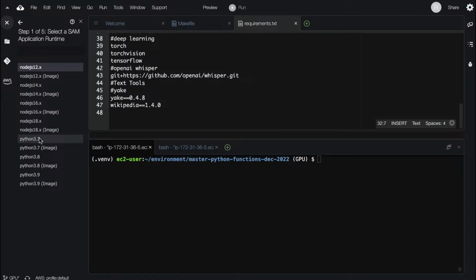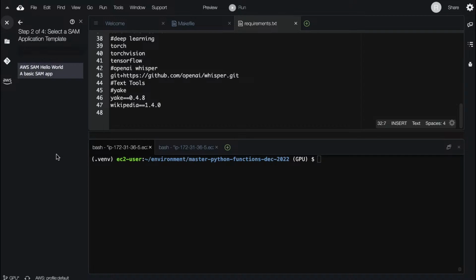Here, because we're already inside of a 3.7 environment, my recommendation would be to use 3.7, and you can choose image here, and we can just say a basic hello world application, and it's going to ask where you want to put that. We can select right here, and we can call this thing something.